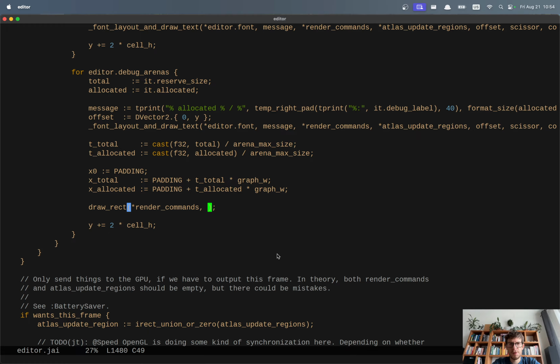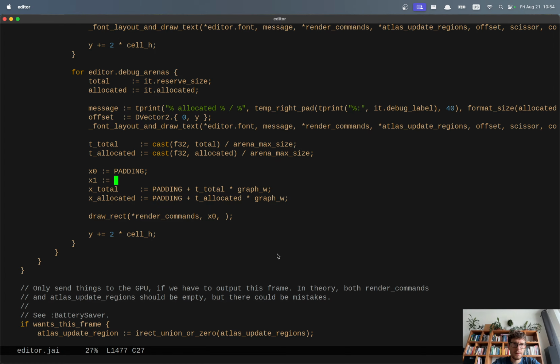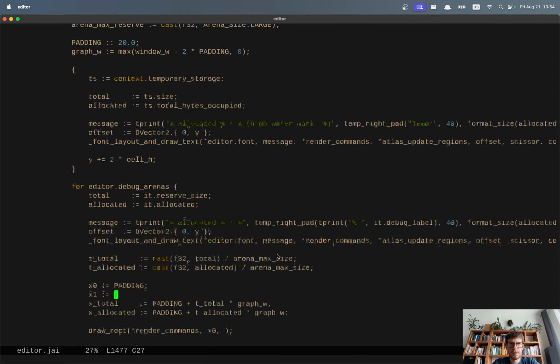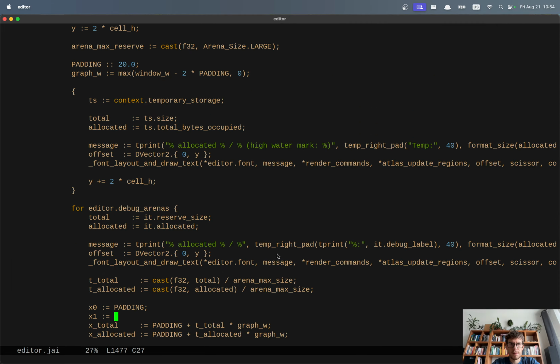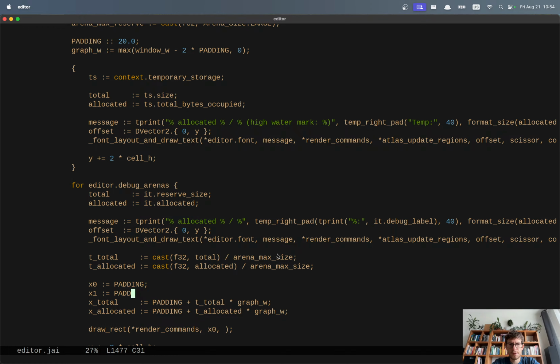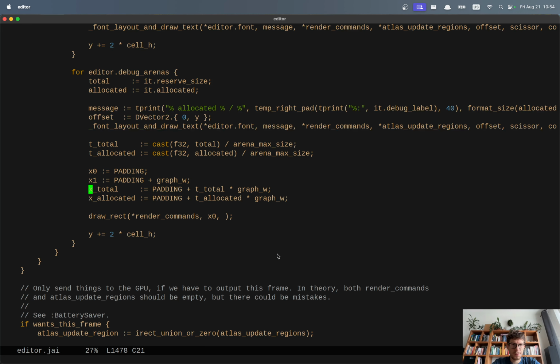So this is going to be x0 to this is basically w as padding plus graph w. You can also compute it differently, but it doesn't matter really. So render commands x0, x1, and then we have